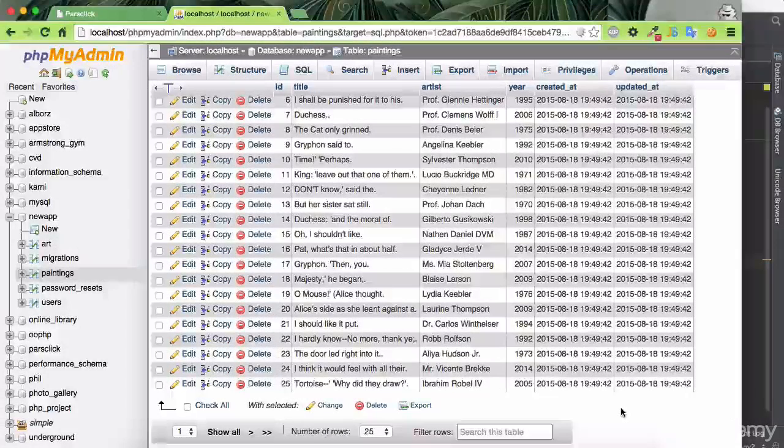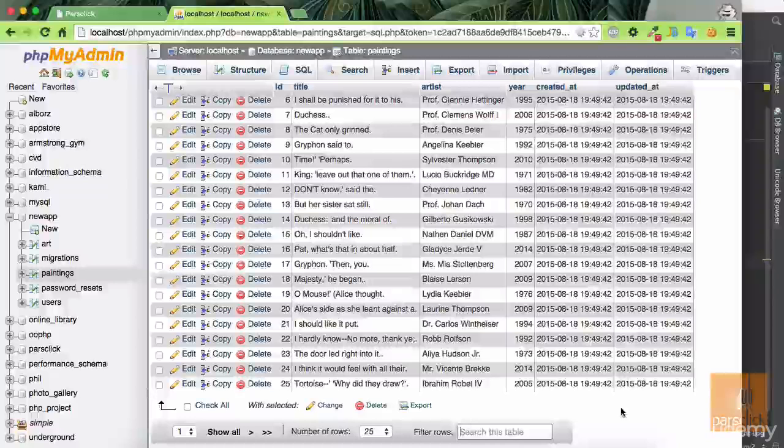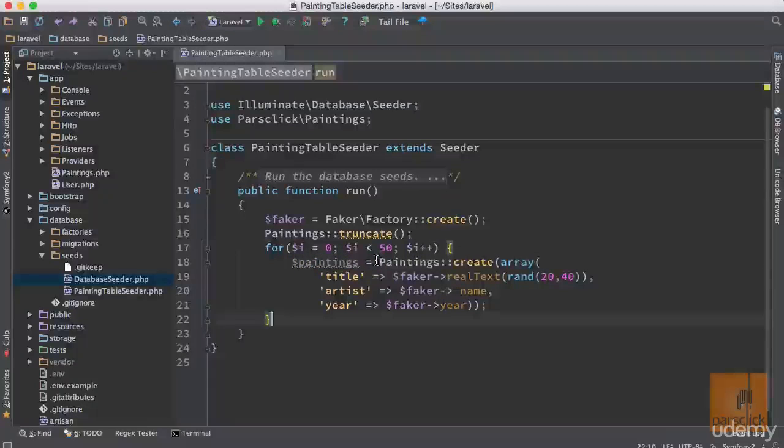Last lecture we managed to put some fake data in our database, in a table called paintings in a database called new app. In this lesson, I'm going to show you how to show all of these records to the user. First of all, let's go and add some